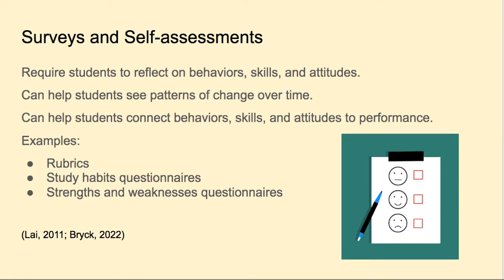If we're thinking about rubrics, this is an excellent way to help students evaluate their product. At the beginning, students may need to have some discussions with teachers to see how their products align with the rubrics. We can also look at study habit questionnaires to evaluate students' planning when doing homework and studying for exams or writing essays. And finally, strengths and weakness questionnaires can look at our knowledge of ourselves so that students can start to develop ideas of what they're good at and what they may need to improve on in order to become